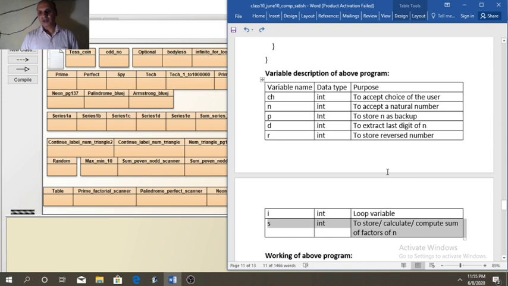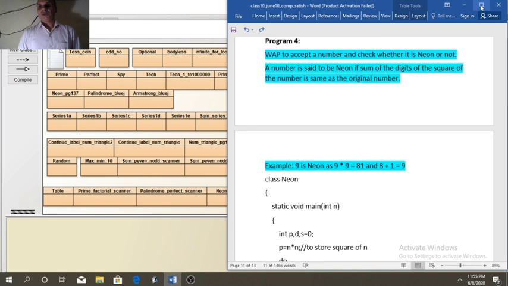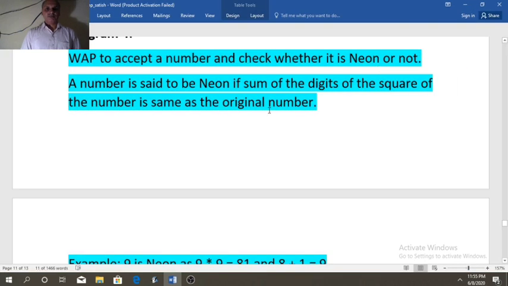Now one more program we will discuss. What is a neon number? The question is: write a program to accept a number and check whether it is neon or not.